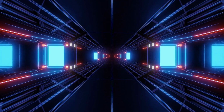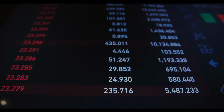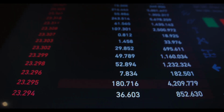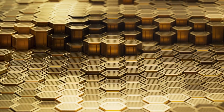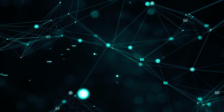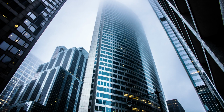share medical records. Another important aspect of blockchain is the use of smart contracts. These are digital contracts that automatically execute when certain conditions are met. This can greatly streamline many business processes and reduce the need for intermediaries. So far we have seen blockchain technology being adopted in various industries such as finance, healthcare, supply chain, real estate,